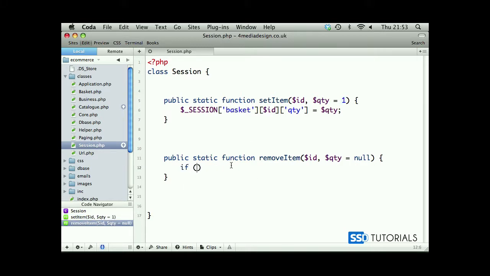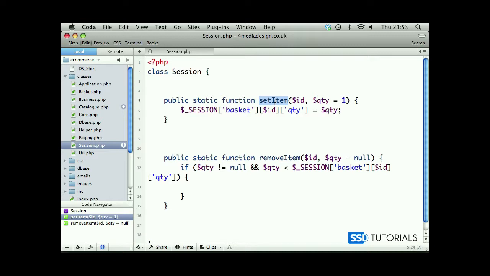Okay, so if quantity doesn't equal null and quantity is less than our session basket ID quantity, which has been created earlier. If we're removing an item, we obviously know that this item has been created earlier. Then we want to